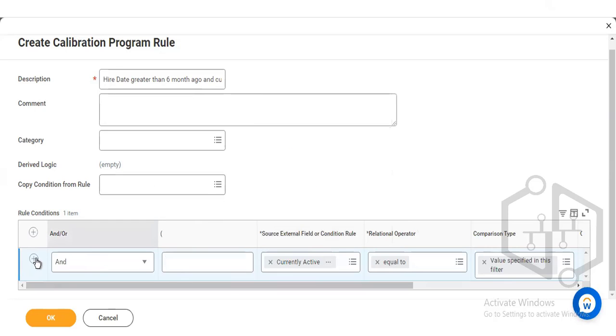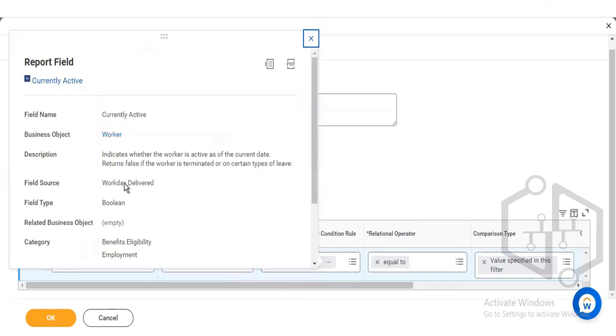Sorry, this currently active, is it an inbuilt field or a custom field? This is Workday delivered. Whatever field you are selecting, you can just click on this action item and you'll be able to get all the details related to that. Okay. Now the next one is